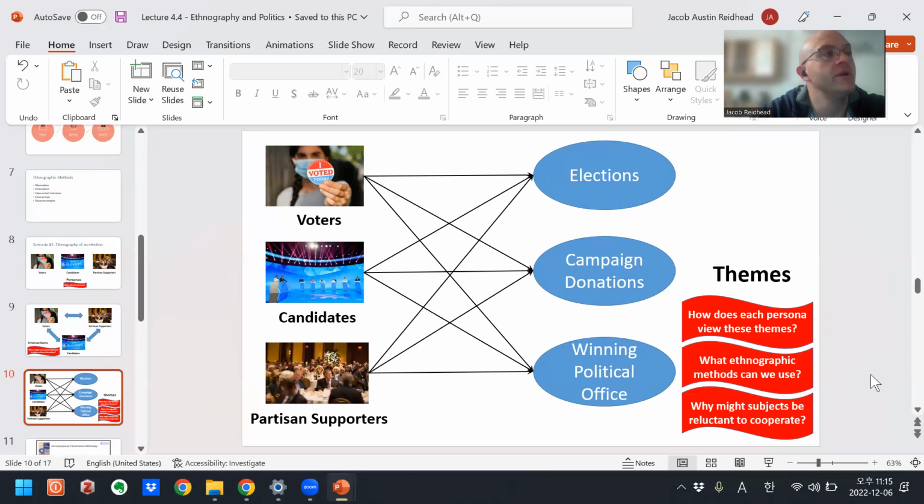Would we attend an election night party where some voters are gathered together and talk to them while they're watching the polling results come in? For candidates, maybe we're at a party with their team.